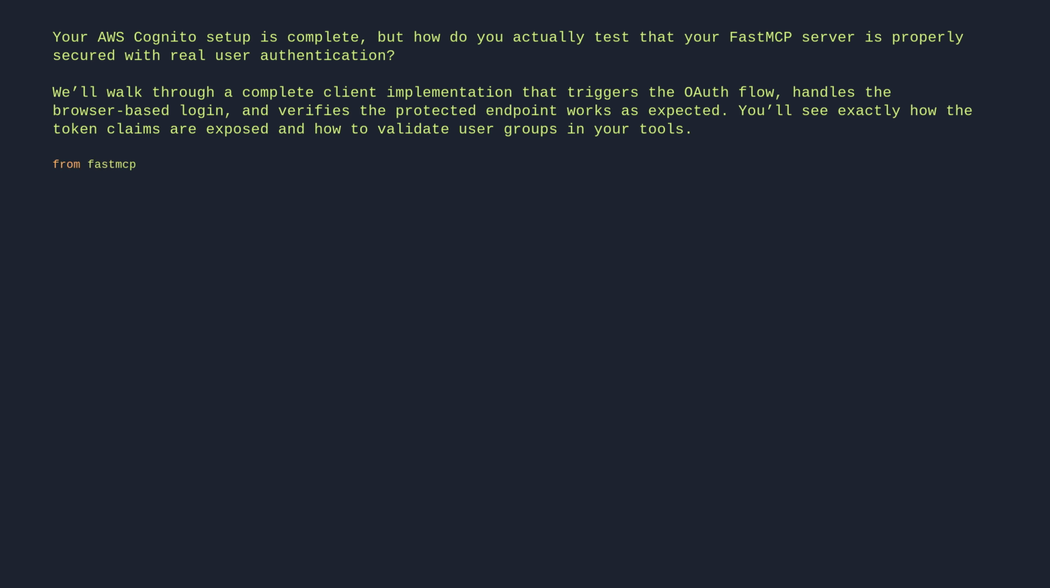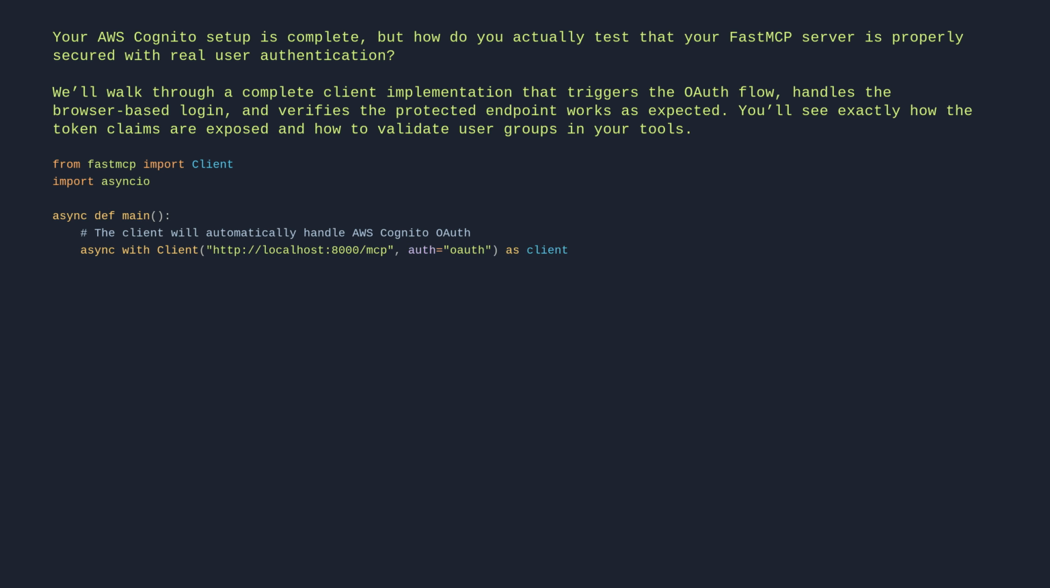from fastmcp import Client, import asyncio. async def main. # The client will automatically handle AWS Cognito OAuth. async with Client("http://localhost:8000/mcp", auth="oauth") as client: # First-time connection will open AWS Cognito login in your browser. print("Authenticated with AWS Cognito")